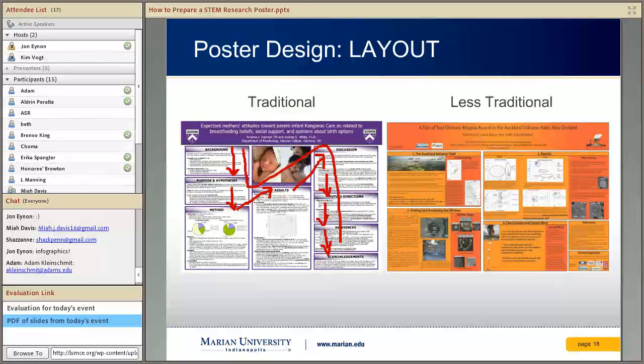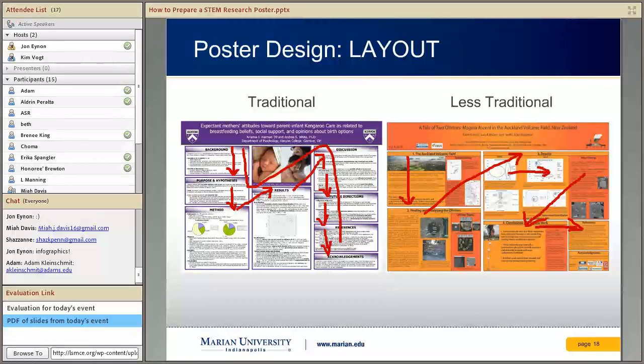versus this one where we start with a little bit of our introduction down to our materials and methods, results, and then you kind of don't know where to go from here because we've got this other section over here that's not the same color, but it's kind of in the results section. So basically we read from left to right. We're going to end up way over here, which means our eye has to come back over here, and then back over here. So it's definitely more of this zigzag